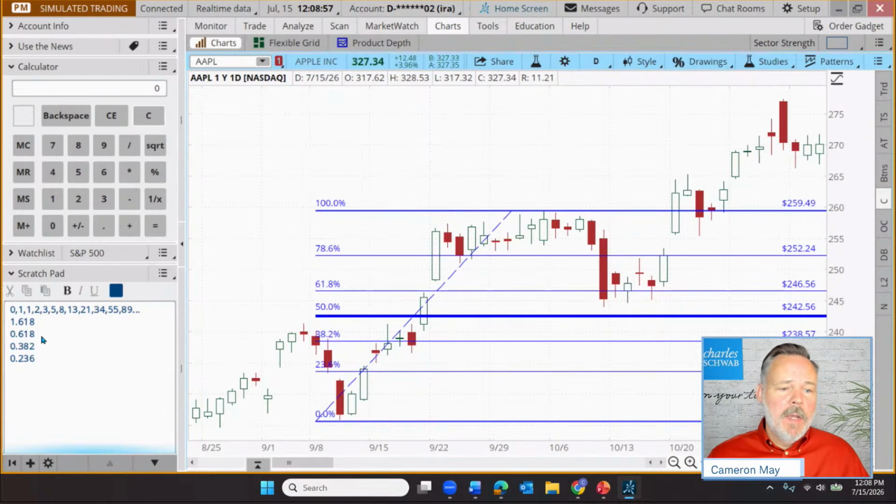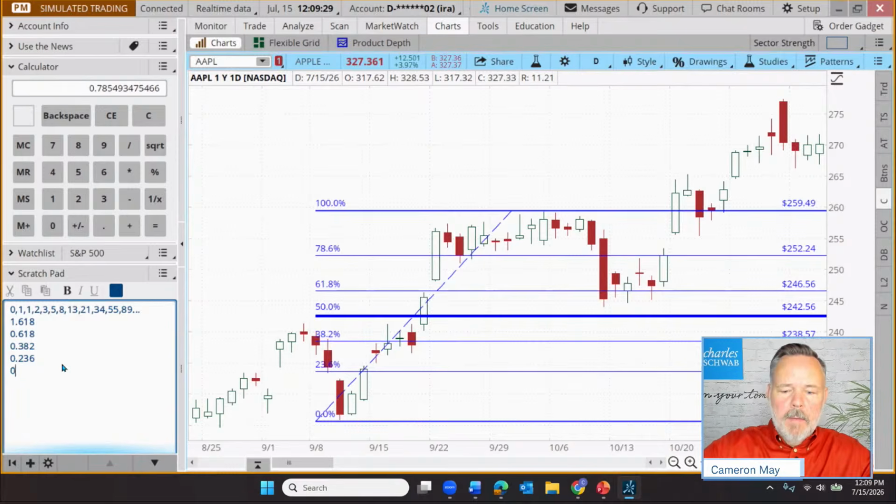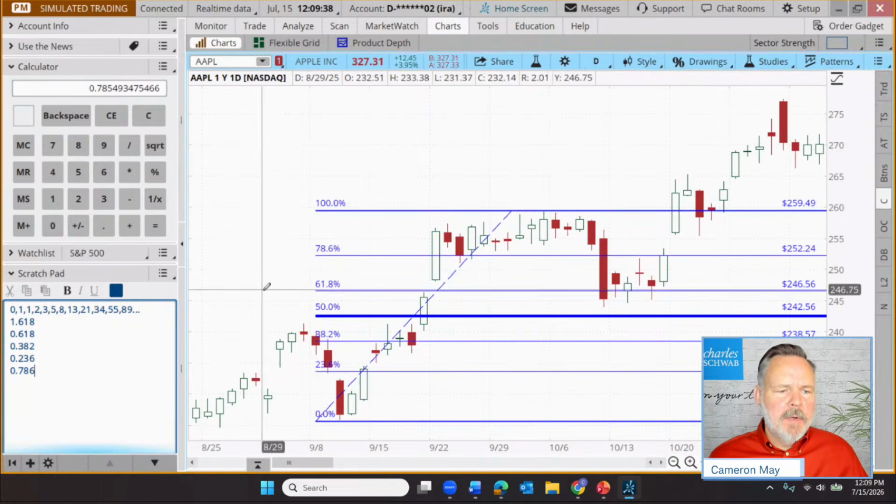Here's how it's generated. We take the 0.618. 1.618 and 0.618 are both considered to be what's known as the golden ratio. You can look it up and explore its implications for mathematics, for biology, and potentially for trading. But if we just take the 0.618 and we get its square root, this is the one that's probably the most obscure. We get a number 0.785, round that a little bit, you'll notice there it is. Okay, I'm going to round that to 0.786. The larger the number, the more we carry out those numbers, the closer that'll get to the 0.786.